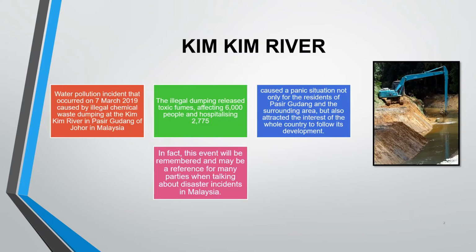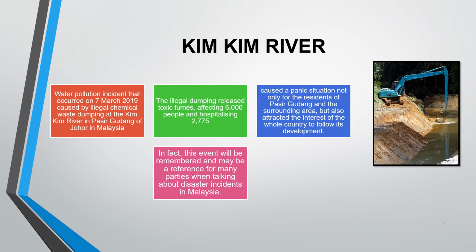Okay, overview of the case study. The water pollution incident occurred on 7 March 2009, caused by illegal chemical waste dumping at the Kim Kim River in Pasir Gudang. This area was very badly affected because the illegal dumping released toxic fumes and affected 6,000 people, with hospitalizing